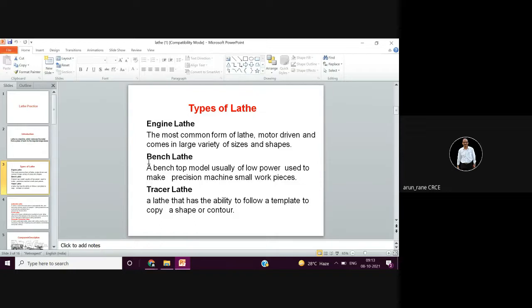Sometimes the lathes are so small, like you might have seen the tea making machines. They are very small. Some lathes are even smaller than that. Those lathes are called the rabbit lathe. As I told you, they are so small that you have to work with a microscope. Microscope means like the watchmaker you might have seen, they use this lens. Similarly, if you want to work on those machines, you need to use the lens.